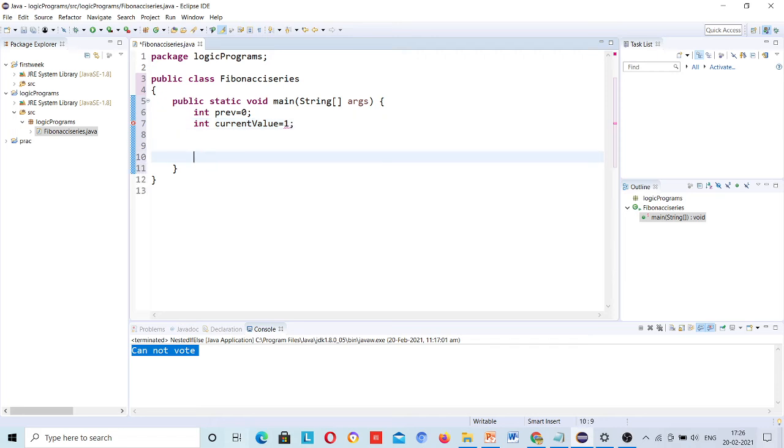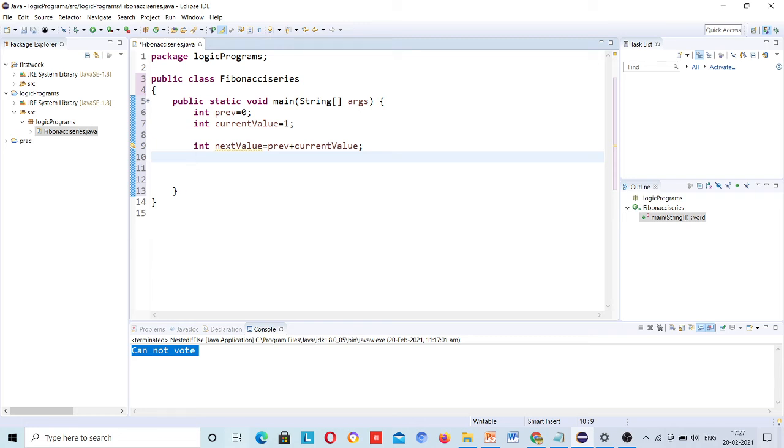Now the next value is equal to previous plus current. Okay, now current will be changing every time. Current value will be changing every time, and now this one is to be assigned as previous. Once you add this, the next value will be 0 plus 1, 1, but now your current value will become your previous value. So first of all assign this.